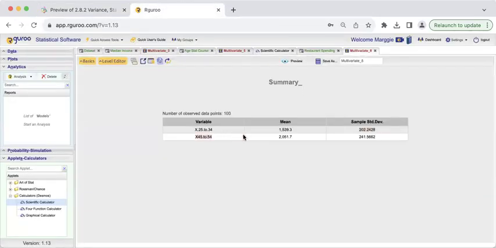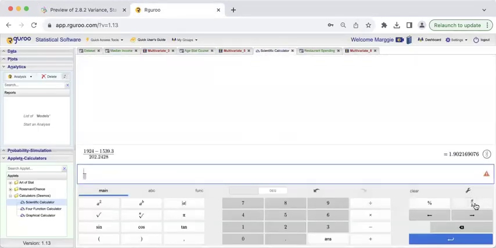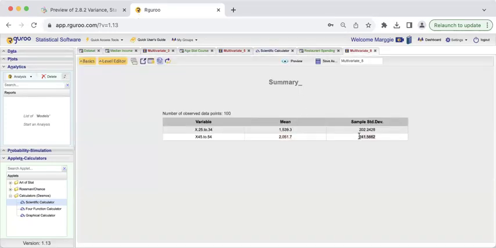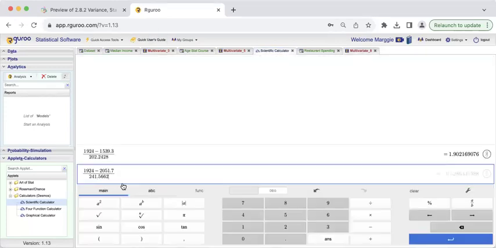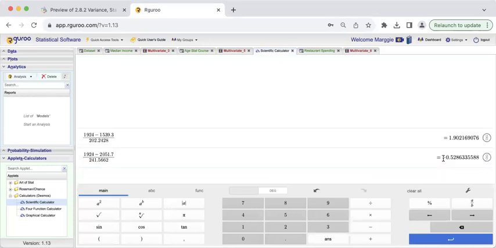Now the other group is this group here. So this is the mean that I need now. So again, I'm going to copy and paste. Not here, here. So I have 1,924, which is the value, minus the mean, and I'm going to take the comma out because the calculator doesn't like the commas, and then the standard deviation in the denominator. And then the z-score here is